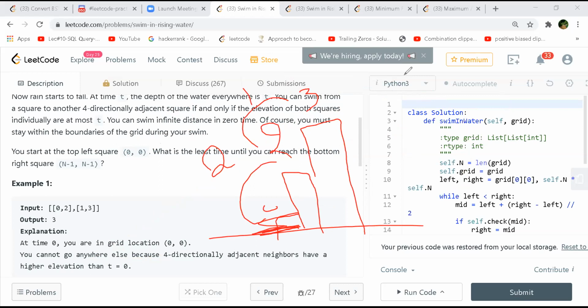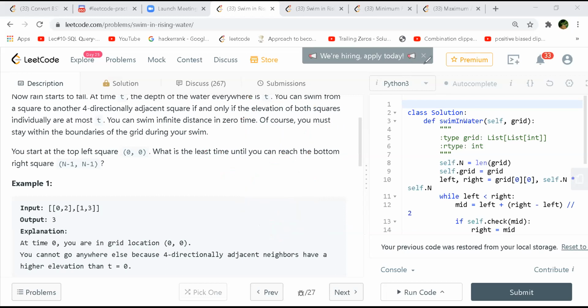Whenever rain falls, only one thing we have to be very sure of: the rain falls only on one cell, which is the lowest one always, right? That is the way we have to imagine. Once that cell is filled up, then only the other cells get filled, rising.